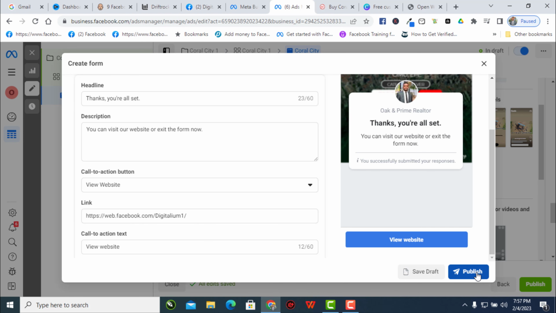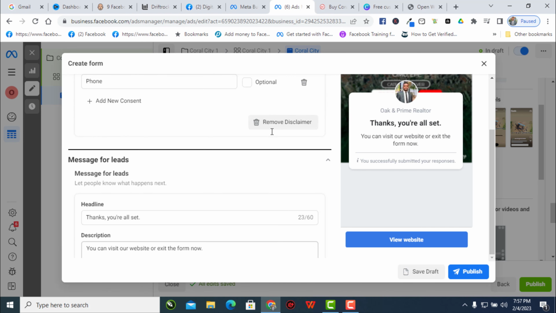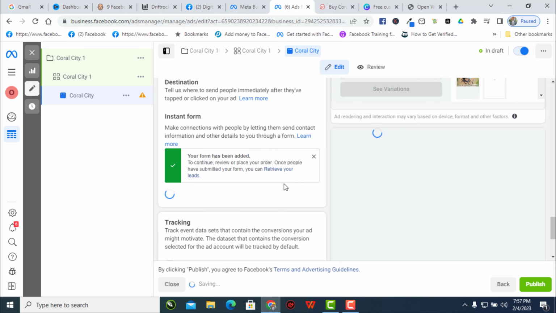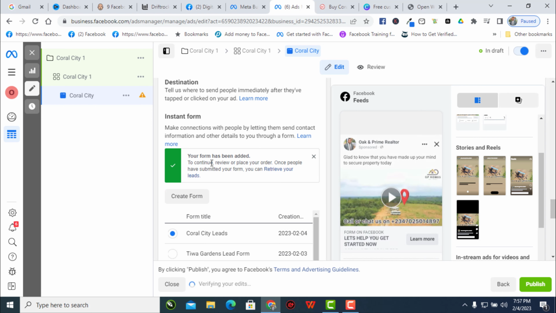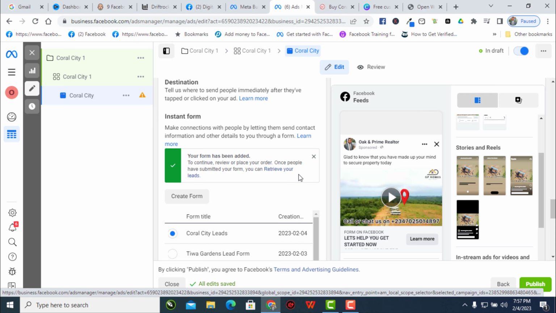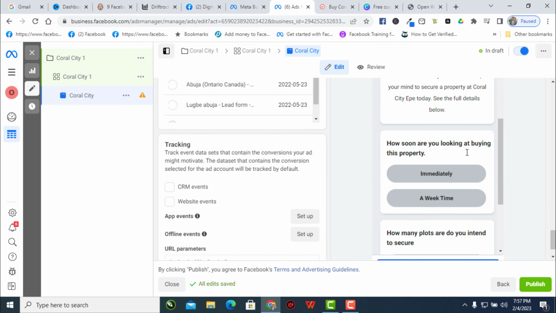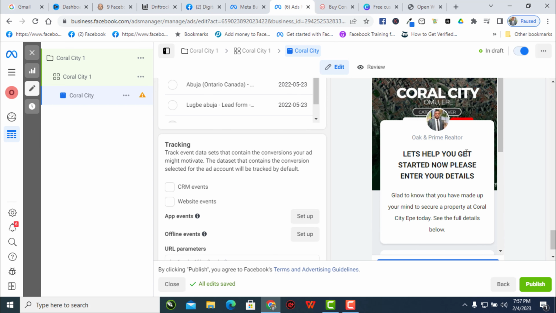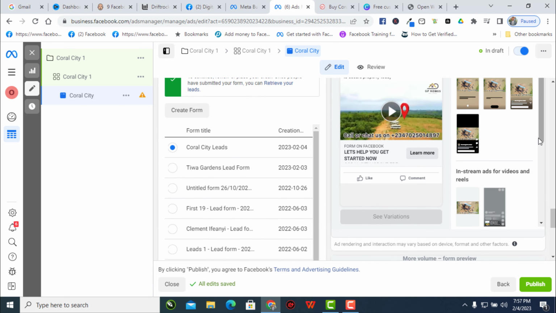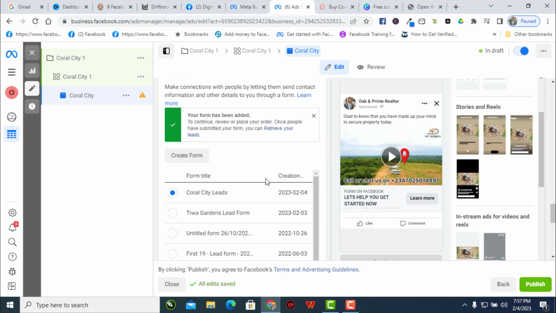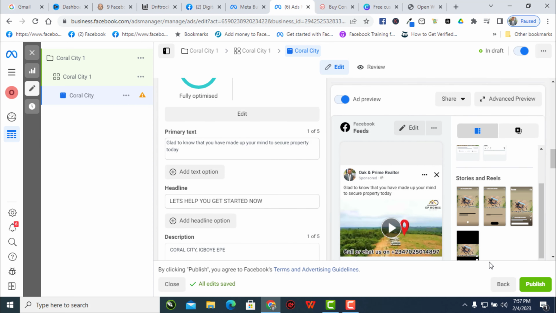So after doing that, I'm going to make sure that all the information is filled up, and I'm going to click on publish. Now it says your form has been added, right? To continue, review or whatever, you retrieve your leads and so on, you are set to let your ads fly. So the next thing you're going to do is to hit the publish button. Then when you hit the publish button,